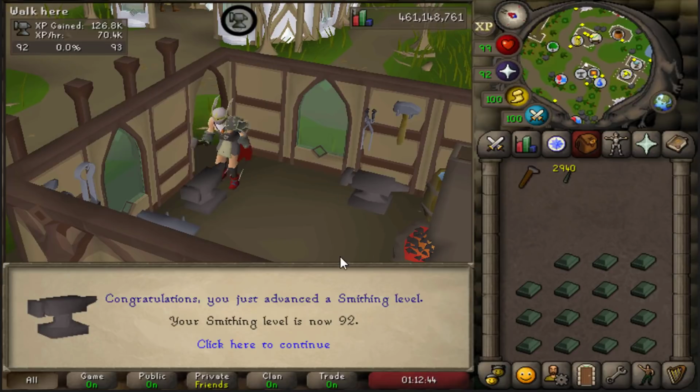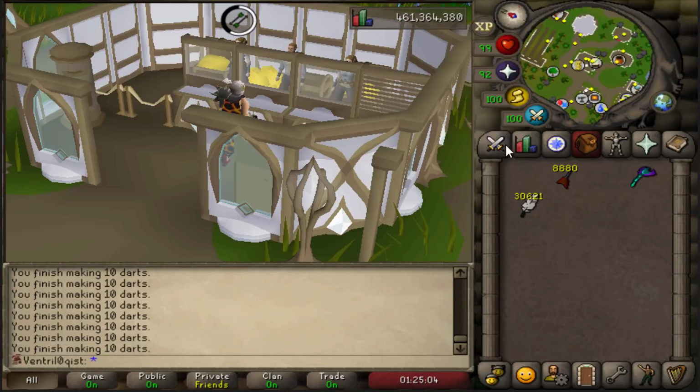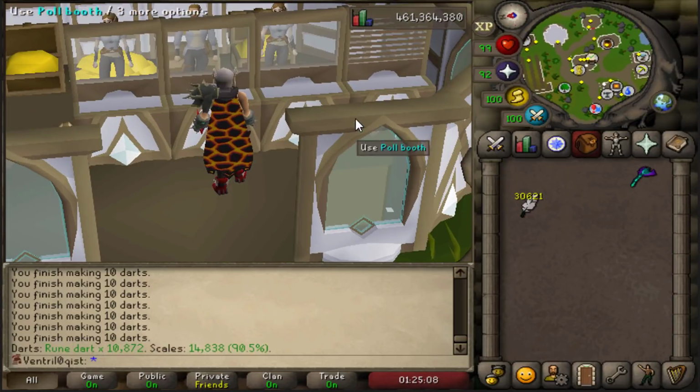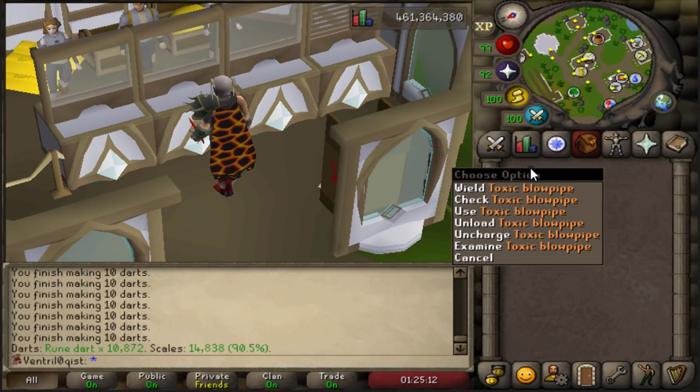These high endgame levels come so few and far between. Once in a blue moon, they all need to be cherished and documented. But yeah, there's 92. Halfway point to 99. And there we have it, 8.8 thousand rune darts locked and loaded. Got 10.8k now. That should definitely suffice for many of the bossing adventures we gotta use the blowpipe for still